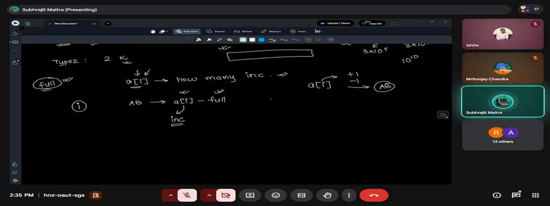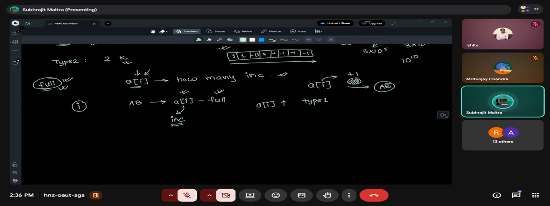Now, what I am telling you is that we will not do this minus one every time. We will just increment A of I whenever we get a type 1 operation. But in another variable named full, we will keep a check that if my array is becoming such that every cell has at least one block, then I need to decrement one from all the cells.